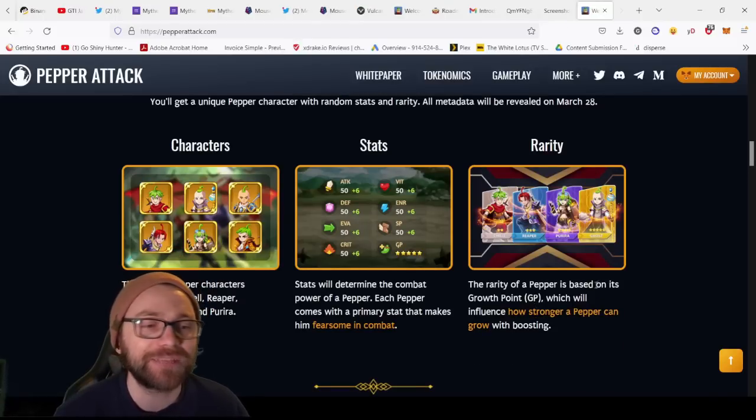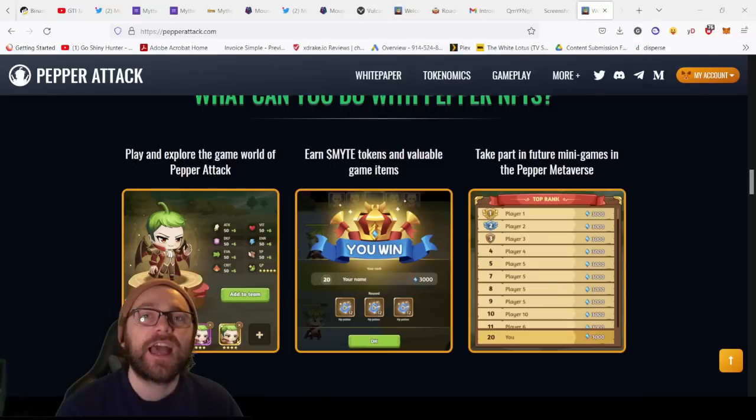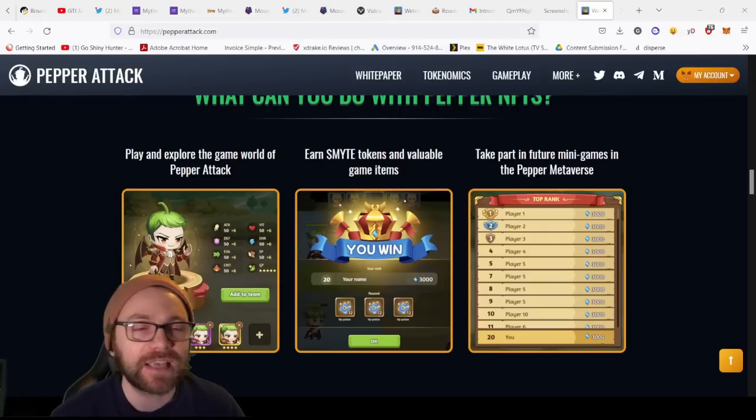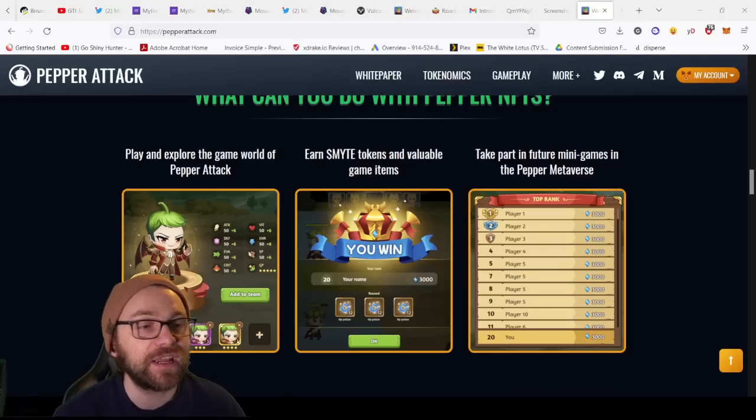So the rarity of Pepper is based on its growth point, GP, which will influence how strong a Pepper can grow with boosting. Having a strong Pepper will allow you to explore the game world of Pepper Attack and take on different enemies. You'll be able to earn Might tokens and valuable in-game items. You'll also be able to take part in future mini-games in the Pepper metaverse. So for example, we can see here in this ranking, some of you might earn some Might for ranking higher